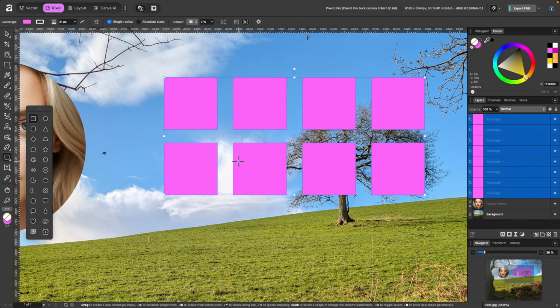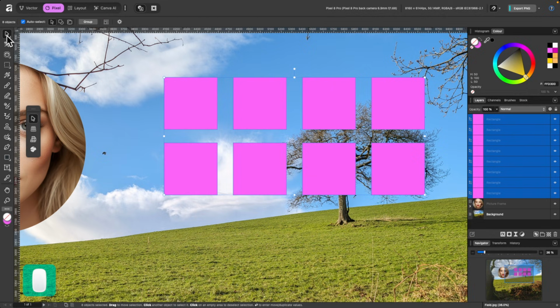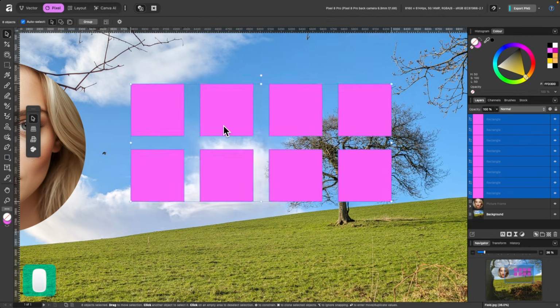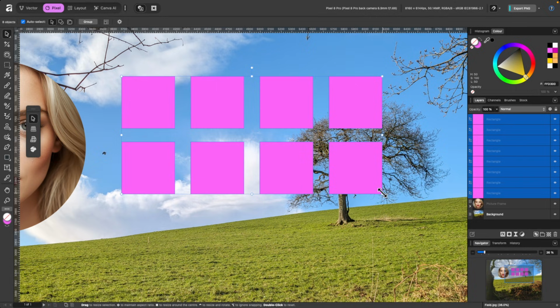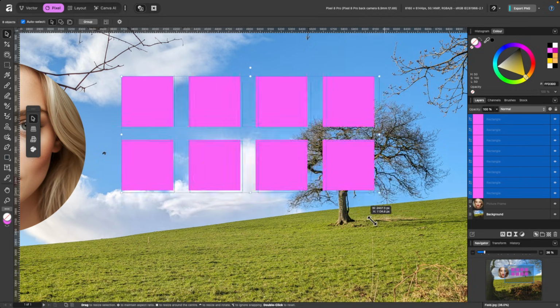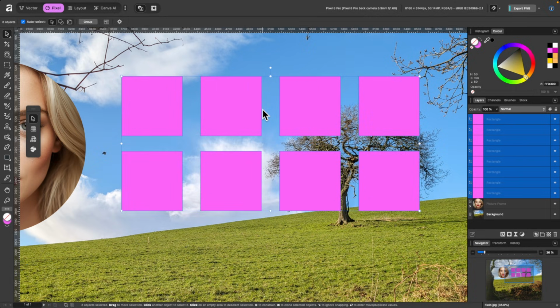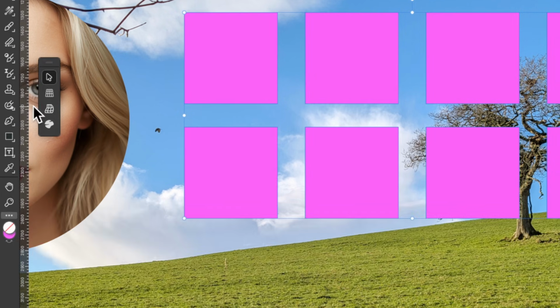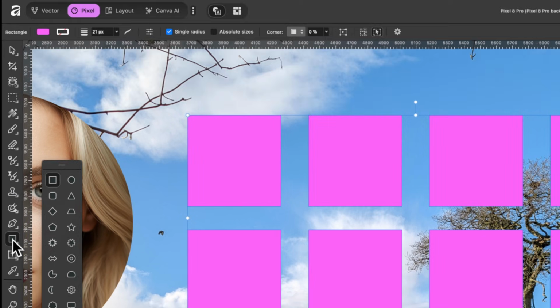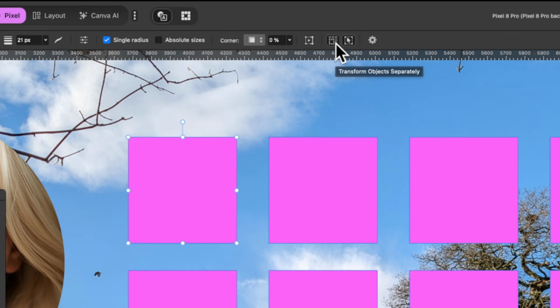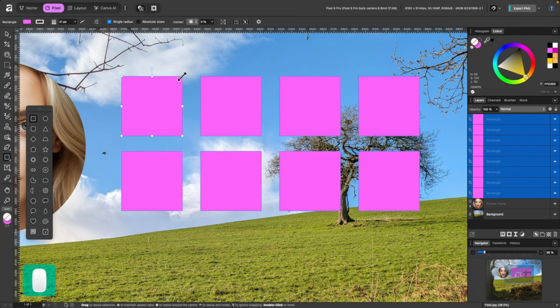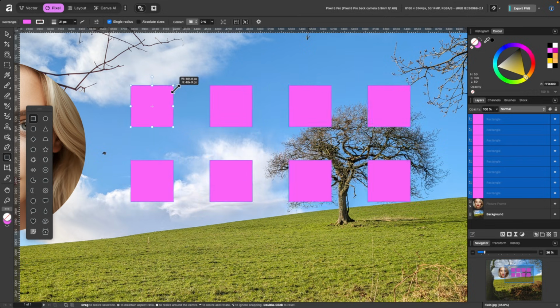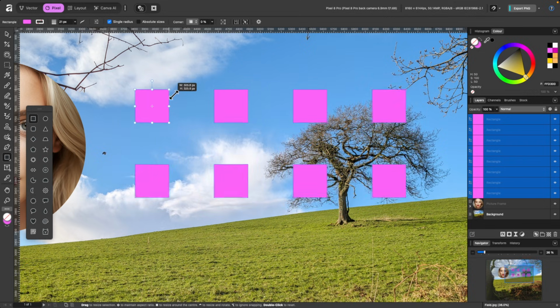Now, what if I wanted to scale these? Well, I might choose the move tool, and they're all still selected so I can move them around. What I could do is just drag from the corner here whilst holding shift like this. But if I wanted to scale them all in the place that they're in, I could head up here to the context toolbar. Right now I'm in the move tool, and you can see transform objects separately. This is also in the shapes tool here. So if I click on that, you see right at the top there, transform objects separately. So if I click on that, just one of them is selected. And again, I can click, hold shift, command, and just drag them in. And you see they all scale separately.